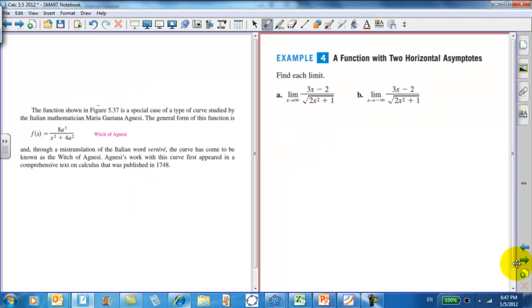Now, our last set of examples here is what happens when you have a function with two horizontal asymptotes. These are very tricky to do algebraically. I suggest you analyze them with a calculator. Let me show you what's involved with some of the algebraic approaches on this one. The limit as x goes to infinity of 3x minus 2 over the square root of 2x squared plus 1. This is very hard to deal with just in terms of